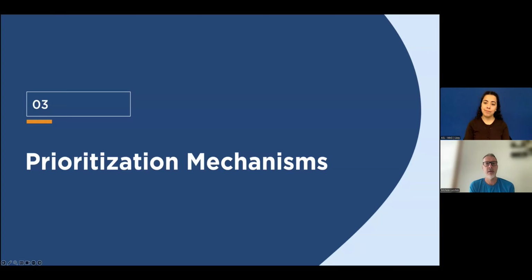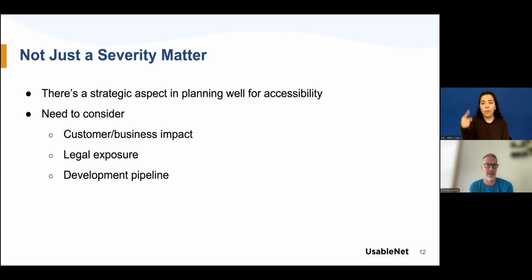Part of the project managers and product owners' job, obviously, is the prioritization. In accessibility, there isn't just one prioritization mechanism, and it's not always easy to understand what's the best way. Often, it's not just a matter of severity. One of the most popular prioritization mechanisms is to define how severe an issue is.